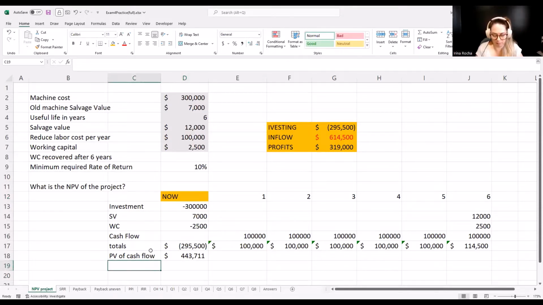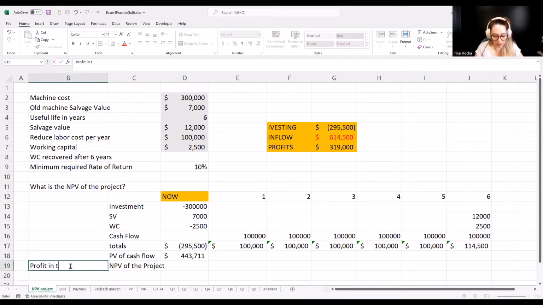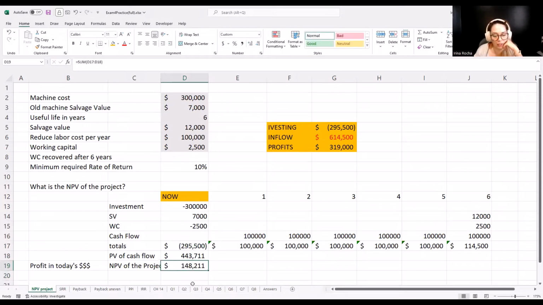So how can I measure my profits, or the net present value of the profit? I would say the net present value of the project is the same as my profit in today's money, right? And I just do a sum of those two, and this is the right answer,